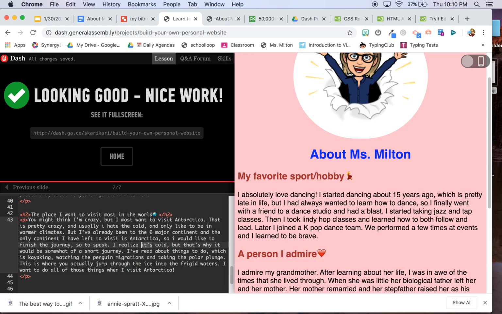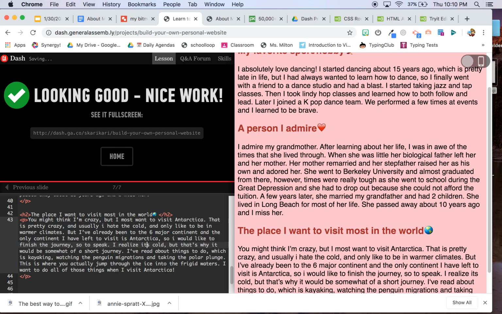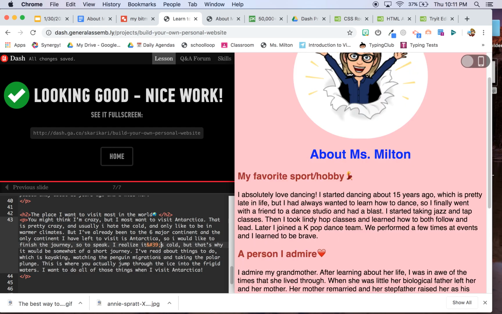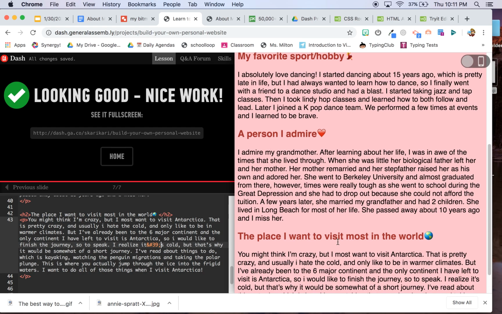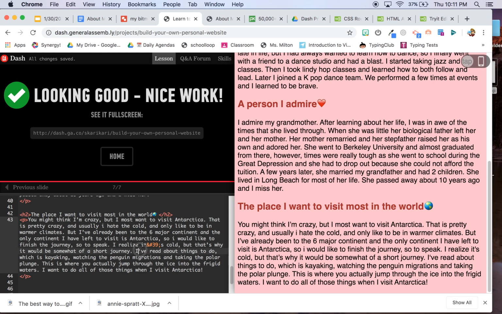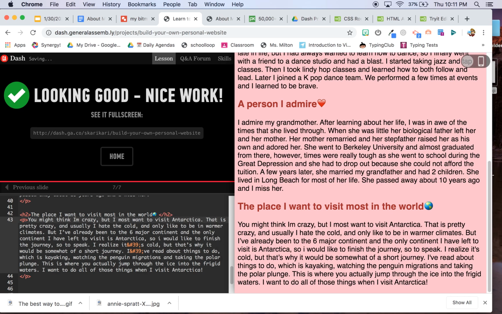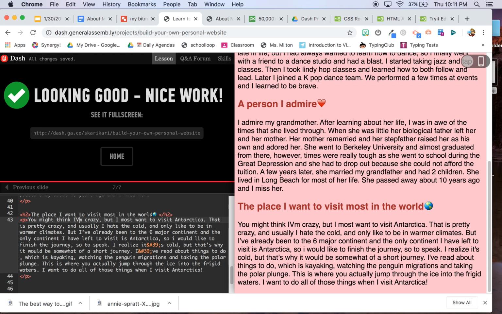And instead, I'm going to go back to this paragraph, and every time I see an apostrophe, I'm going to replace it with this code every single time. So I've got one here, and I need to capitalize that I. I've got one here, and I had one here. Now that I've put that weird code in,